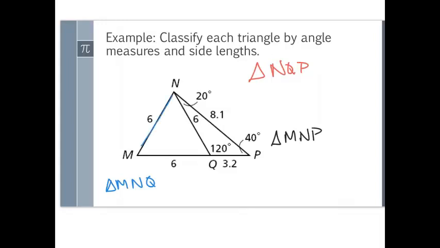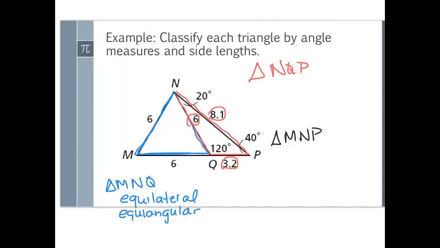Okay, so MNQ is right here. We can see all 3 sides are 6, so that makes it equilateral. But if it's equilateral and all 3 sides are the same, then all 3 angles must also be the same. So this is also equiangular. Okay, NQP is right here. We see 3 side lengths here. We see 6, we see 3.2, and we see 8.1. That's 3 different side lengths, making